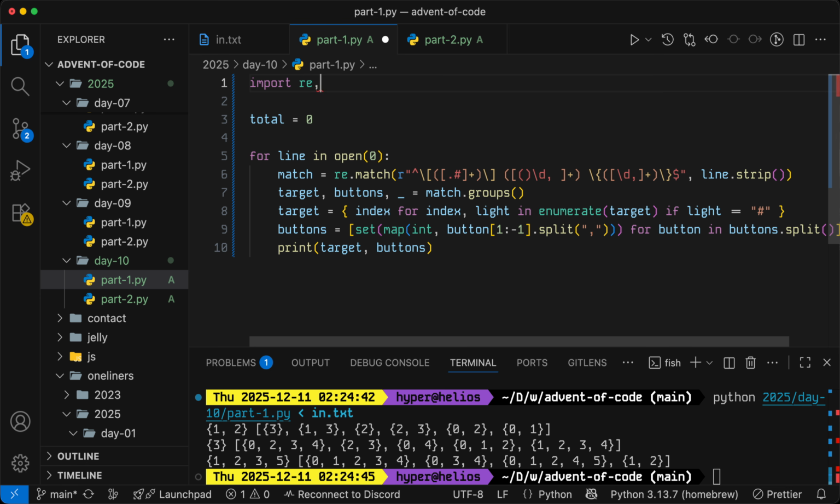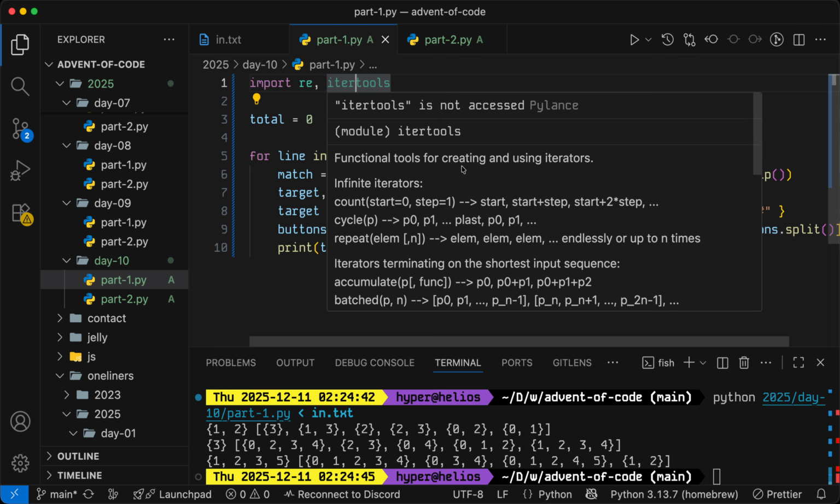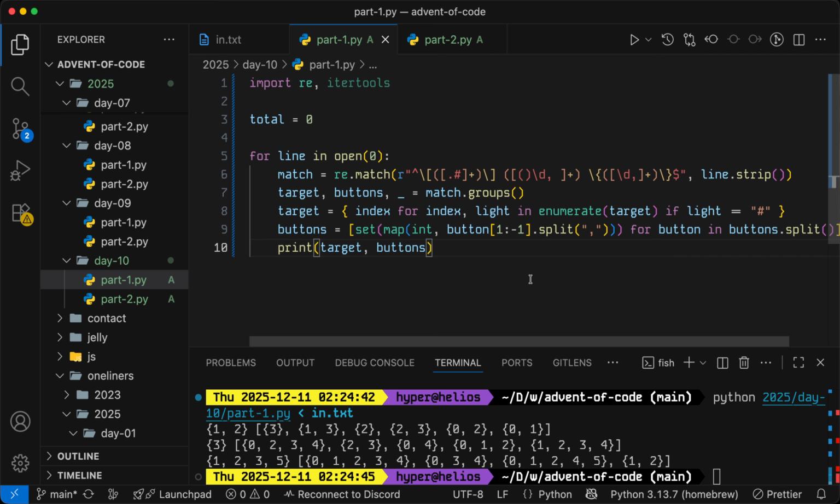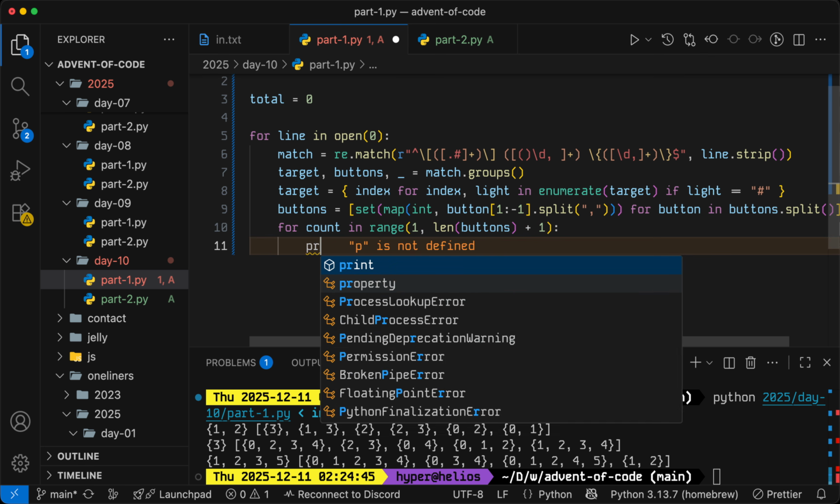So we'll also import itertools, which will help us. Itertools is basically a utility module for iterating through stuff. And so let's implement the approach I described earlier. For each count, which is the number of buttons we'll attempt, in range from 1 up to the number of buttons inclusively,